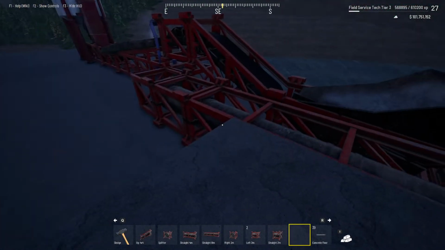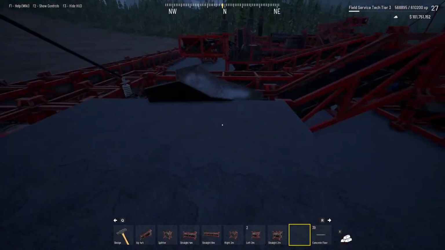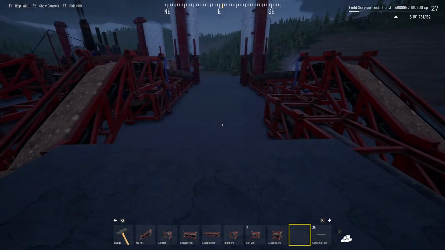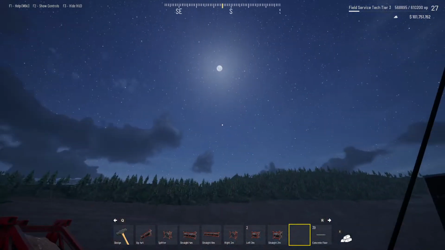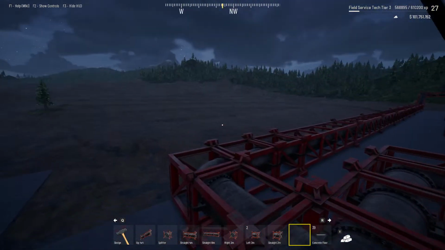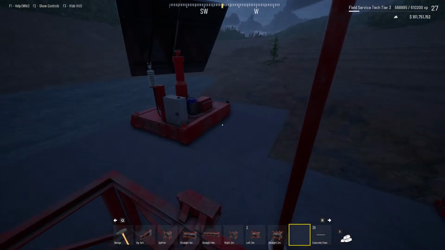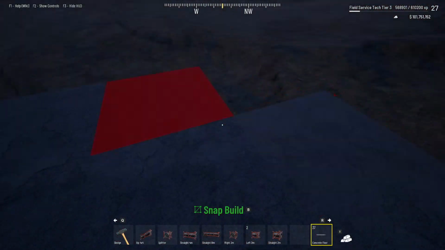And we are on a right-hand start. I'll always start building this out since I know that I'm going to be doing something